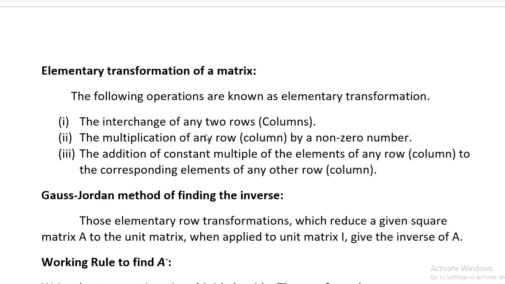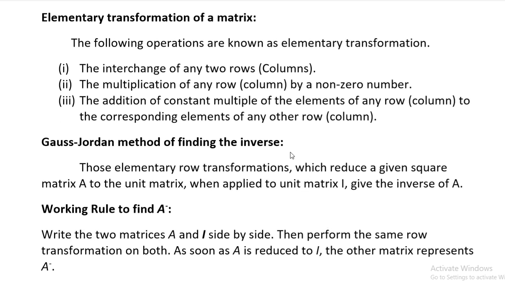Similarly, a multiplication of any row by a non-zero number. Non-zero number, we cannot multiply by a zero number because it will change the whole row to zero. So we can multiply any row by a number, and we can add a multiple of one row into another row. So an addition of constant multiple of one row to any other row. So these are three elementary row operations, and if we do it on columns, we can call them column operations, but we usually do not mix them. If we are doing the row operations, we will just do the row operations.